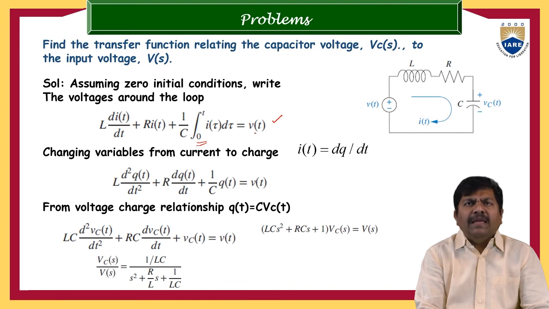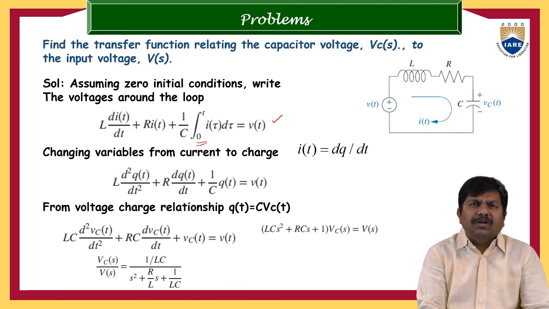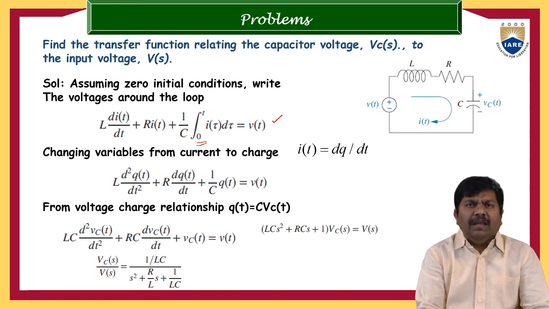So we can eliminate this integrator by equivalently representing I of t with its first order equivalent. So I of t we can write as dq of t by dt. Just substitute dq of t by dt in place of I of t. That is the reason we are substituting something in place of I of t, and that something should be such that the integrator is eliminated. So I of t is equal to dq of t by dt, or simply dq by dt.